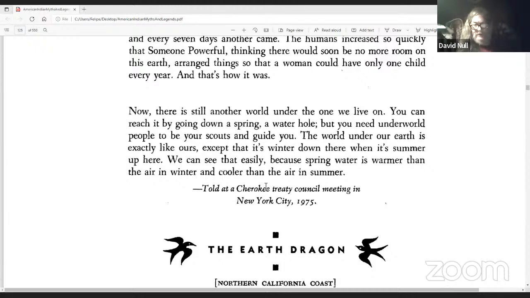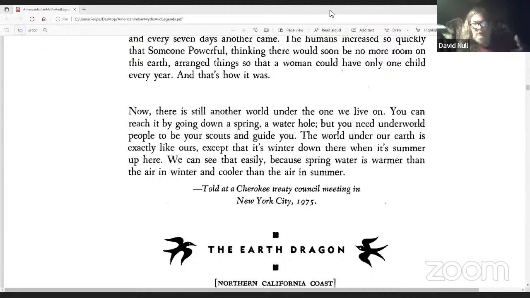We can see that easily because spring water is warmer than the air in winter and cooler than the air in summer. Told us at a Cherokee Treaty Council meeting, New York City, 1975.